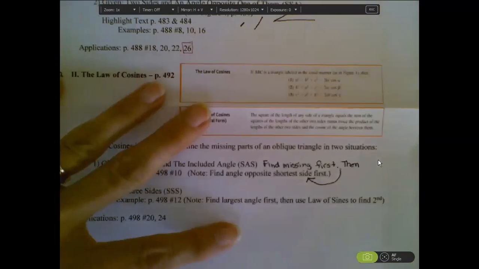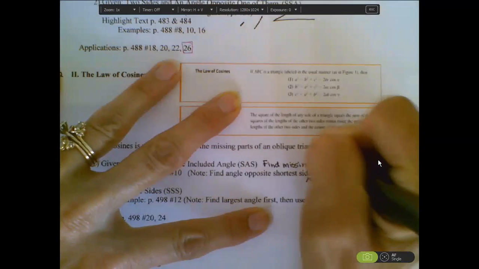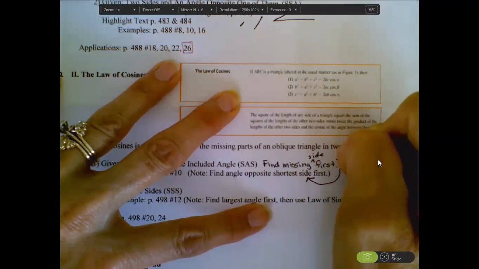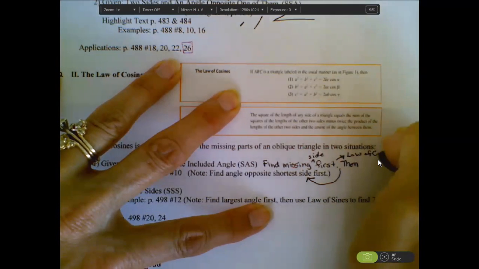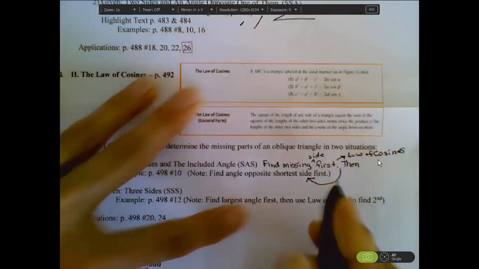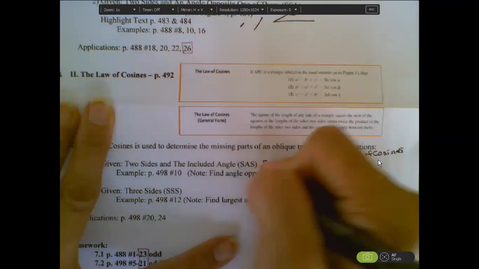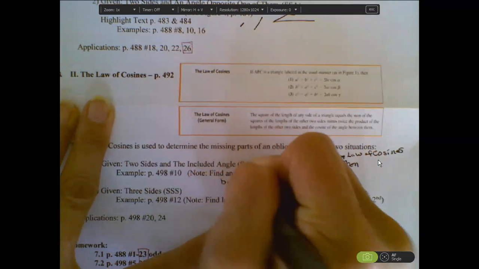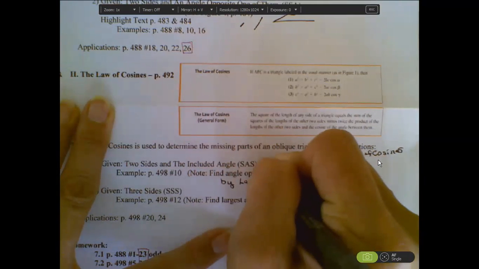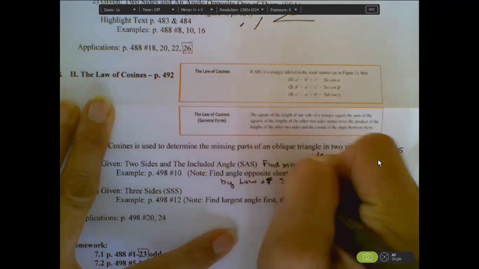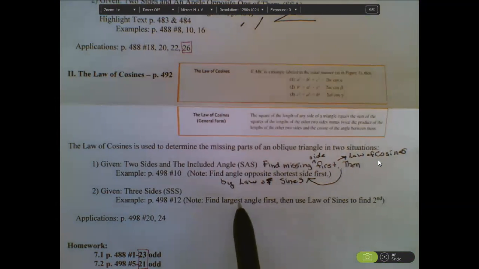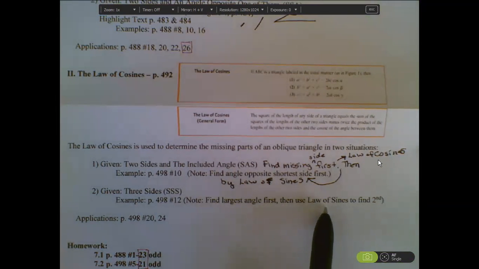When you're given 3 sides, find the largest angle first by the law of cosines, and then find the angle opposite the shortest side by the law of sines. I need to just add this to the handout. When you're given 3 sides, if you find the largest angle first, then by the time you get to the law of sines,